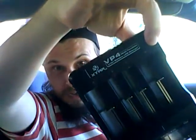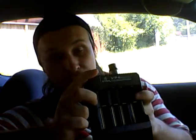Use a good charger. One of the best chargers on the market is easily available. Highly recommend this particular charger. It is the X-Star VP4. Each and every one of these bays works independently of one another. It has 3 charging speeds. It will charge at 1 amp in the 2 outside bays if the batteries are capable of handling a 1 amp charge. It will charge on all 4 bays at 0.5, and it will charge all 4 bays at a trickle of